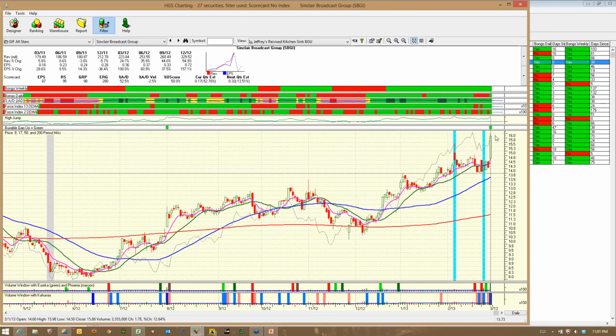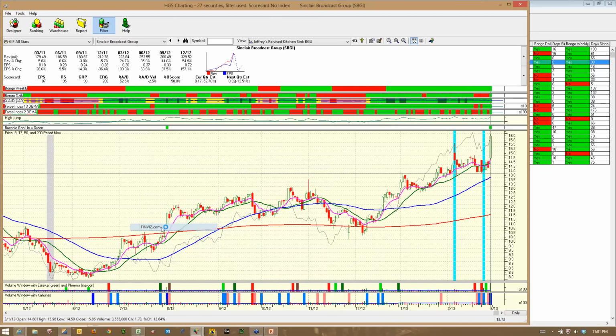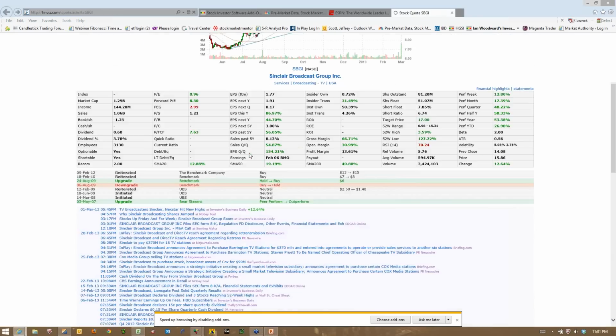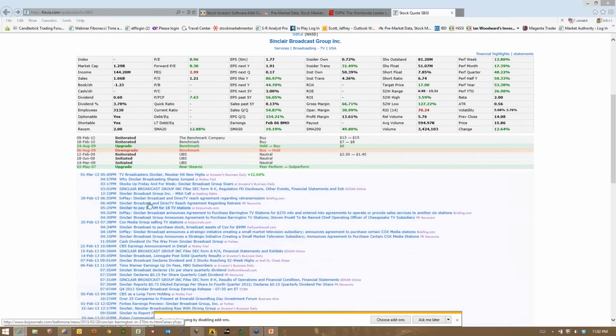Big move up on Friday with a gap up. Everything green, tons of volume. Kahuna, those Web, right click, more info from Web. FinBiz, let's see if there was an earnings day. And it comes down here, and what does it say? Why the shares jumped, in play,